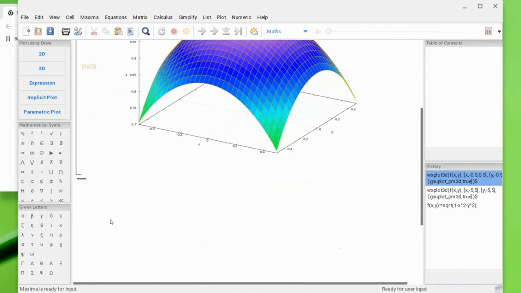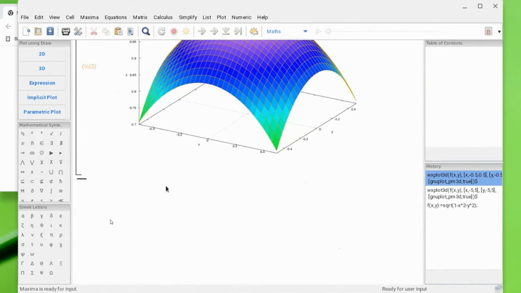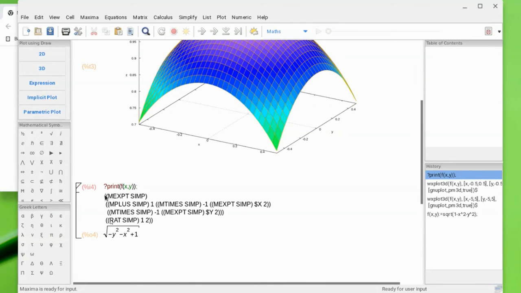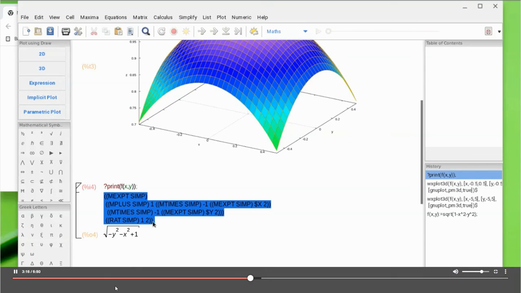All right, okay, so to get the Lisp format, at least in Common Lisp, just put a question mark, print, and that function, f brackets x comma y, send to Maxima, and we have the expression there plus a rewriting of that in mathematical format. Okay, so if I select all that, what's in between the brackets, copy it